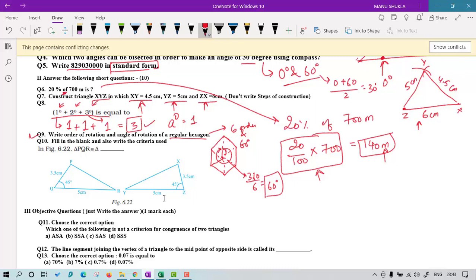Now question number 10, you have to find the name of the congruent triangle, as well as tell the criteria used. So if you see here, PQ, that is the first and second name, is equal to XZ. So we are sure that second triangle name is either XZ something or ZX something. Now what is left? The left thing is Y. So let's keep it here and check which name is correct.